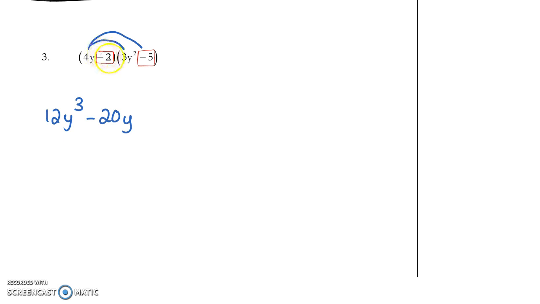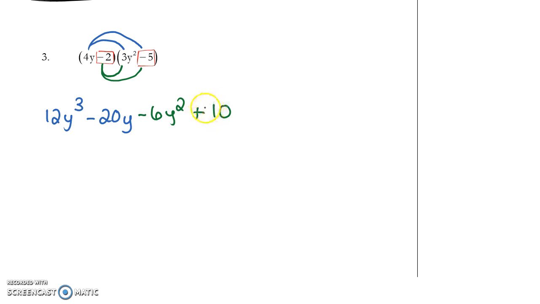And now I'm not distributing 2, I'm distributing negative 2. Again, it matters. Negative 2 times positive 3y squared is negative 6y squared. And the last one becomes negative 2 times negative 5. Negative times negative is positive. 2 times 5 is 10. And when I look here, I don't have any like terms,